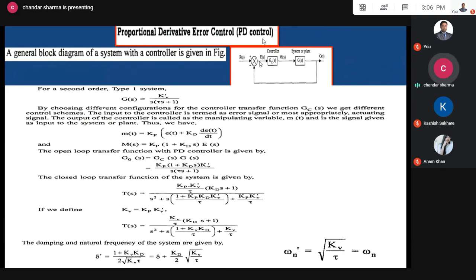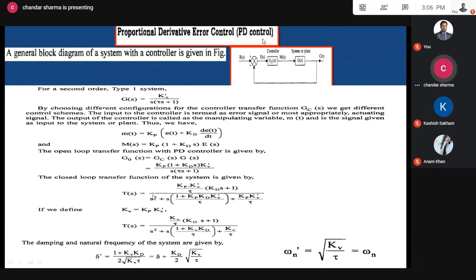The output of the controller is called the manipulating variable M of S, and it is the signal given as input to the system or plant. Thus we have M(t). After solving this, we can get this value. The manipulating value is Kp into (1 plus Kd S) into E of S. After substituting the value, you all know when two blocks are in cascade, then their equivalent is the multiplication of the two. After multiplication, we get a new value, Kp into (1 plus Kd S)